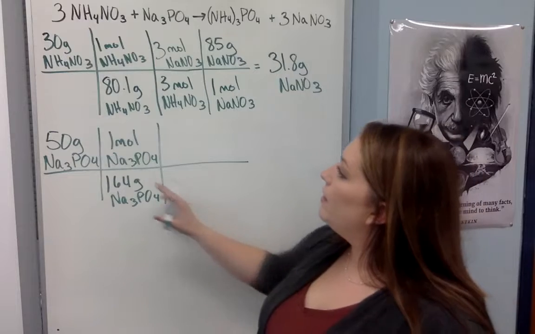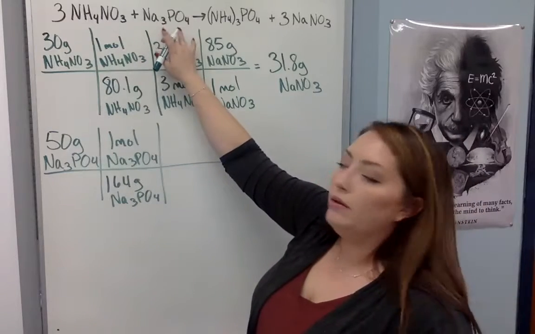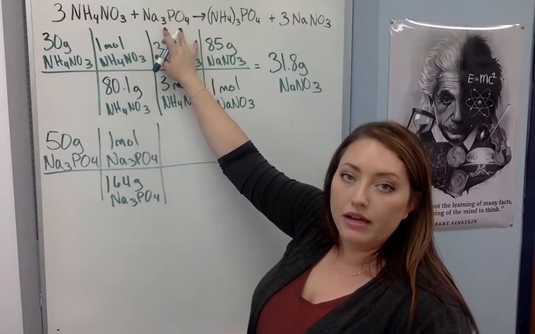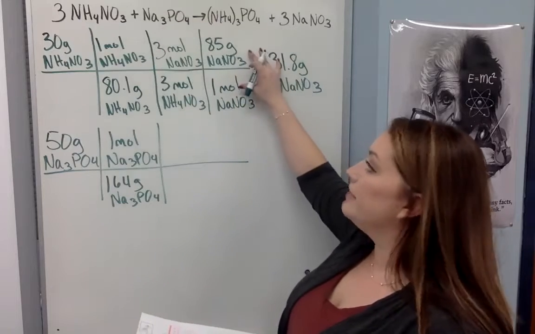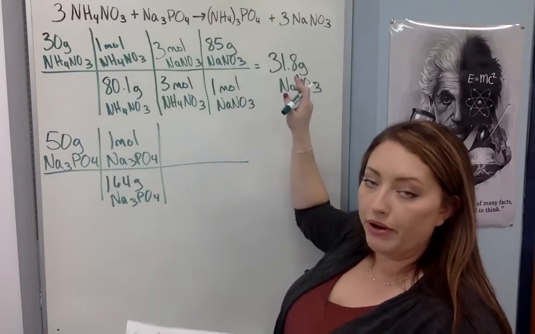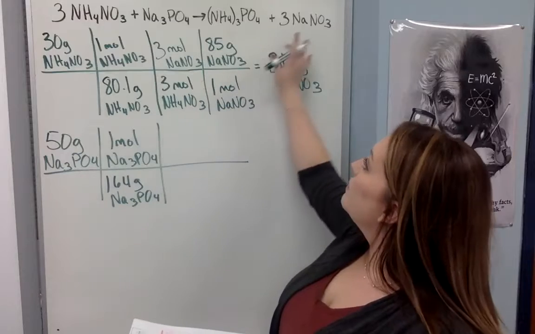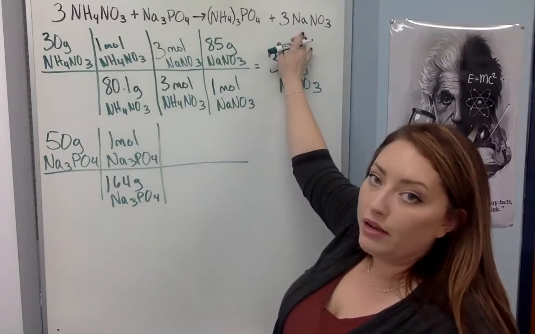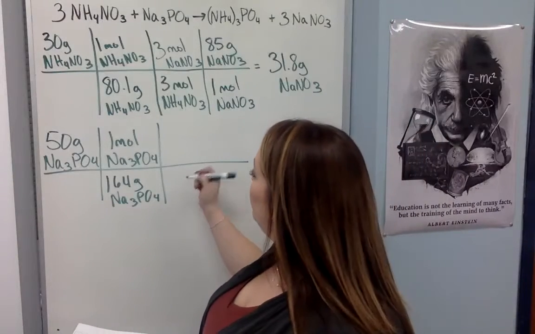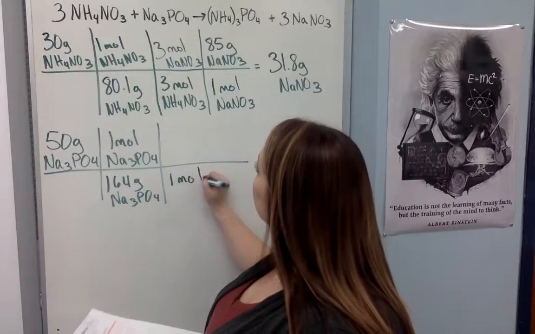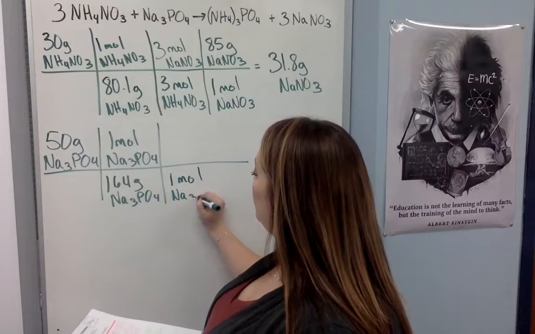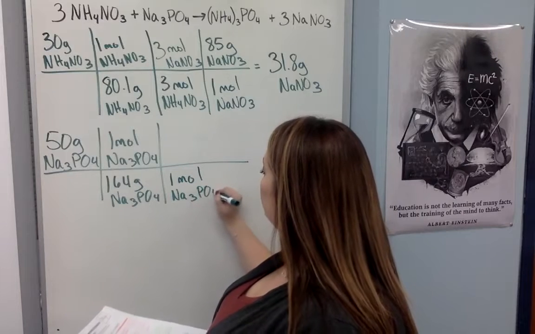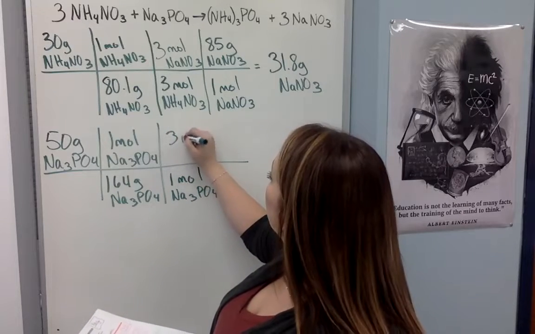So we know that up here we have just 1 mole of sodium phosphate, and we have to convert it into the same product to get a true comparison between the two. So we're going to go ahead and convert this into the sodium nitrate again. So we have a 1 to 3 mole ratio. So you're going to have 1 mole of the sodium phosphate set equal to 3 moles